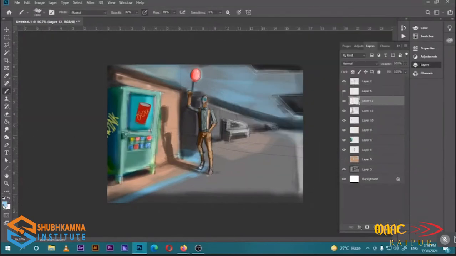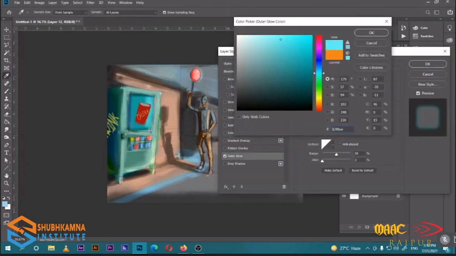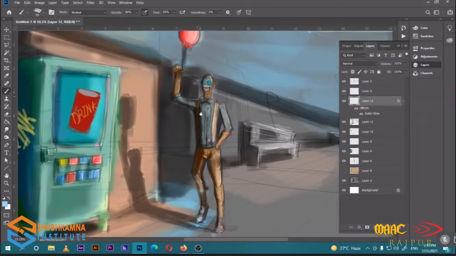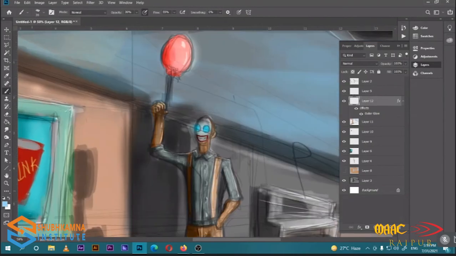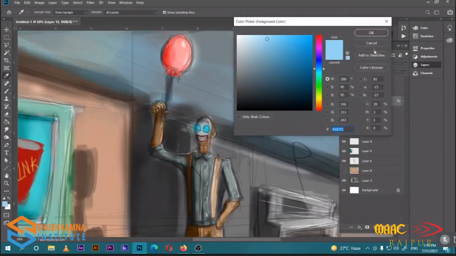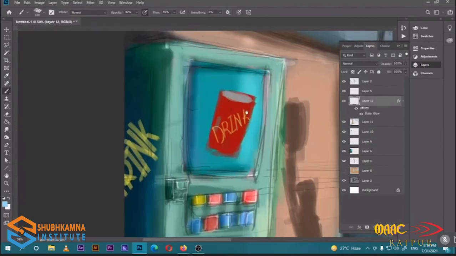Now just give some glowing lines. I'm just gonna give these glowing lines to this character. Some glows over here. Some glows over here.